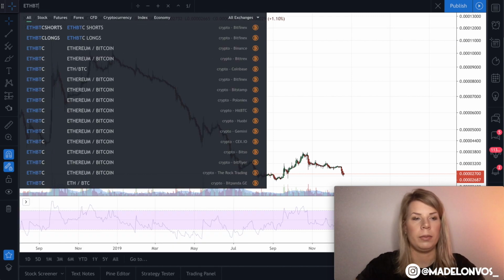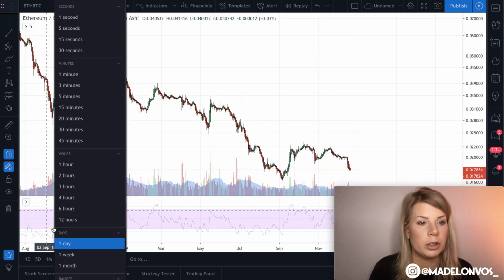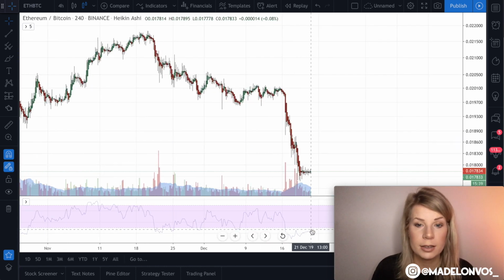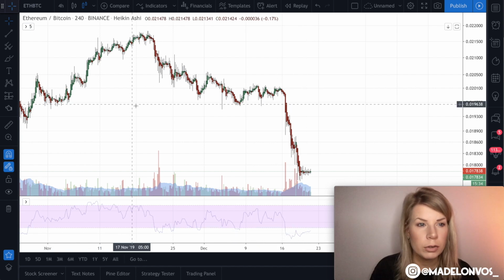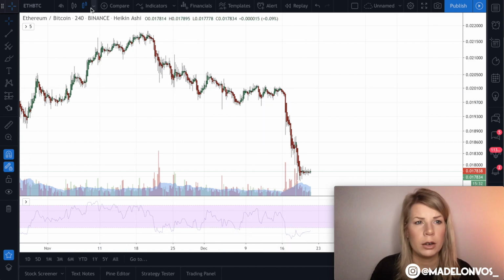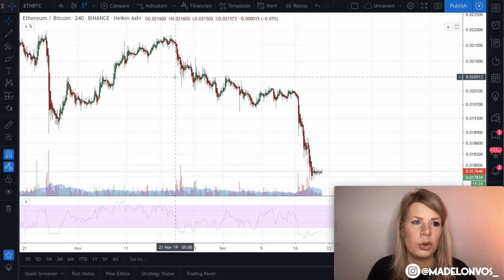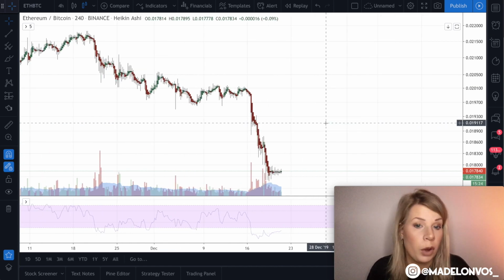And we're going to grab Ether, Bitcoin also, and first take a look at the 4 hour to see if there's the same bullish divergence. Yes, we've had the same bullish divergence, but it still needs to break out upward. I'm not sure if it's going to do so because Heikin Ashi candles, which I use, are not working as good on Ether as they do on Bitcoin, but still they're doing quite okay.